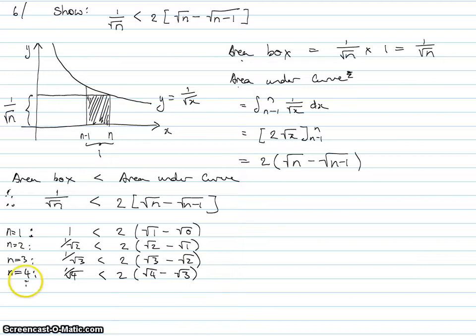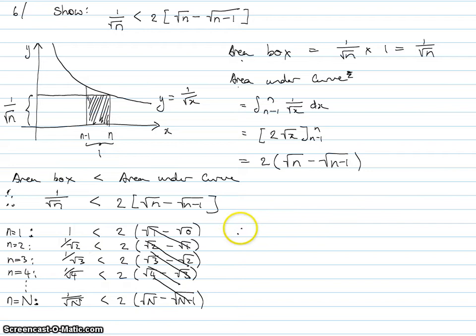Are you guys seeing the pattern? What about the last one? n equals capital N tells us that 1 over root n will be less than 2 times root n minus root n minus 1. And here we can see that the method of differences is going to kick in, so these are all going to cancel as I add up this left-hand side. So, therefore, by method of differences,